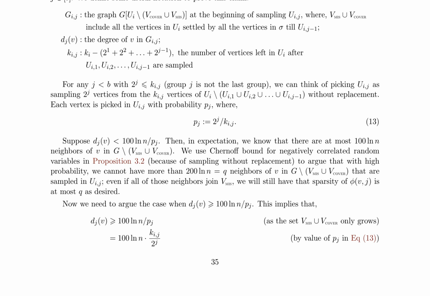This leads to the conclusion that j cannot be the first index with non-empty support in φ_v^j, and claim 4.11 is established. The proof is finalized by arguing that if j equals 1, U_{i,1} has only 2 vertices and φ_v^1 is too sparse. For any j greater than 1, claim 4.11 is used to argue that for any vertex v, φ_v^{j*} is q-sparse with high probability. This proves the correctness of the algorithm.